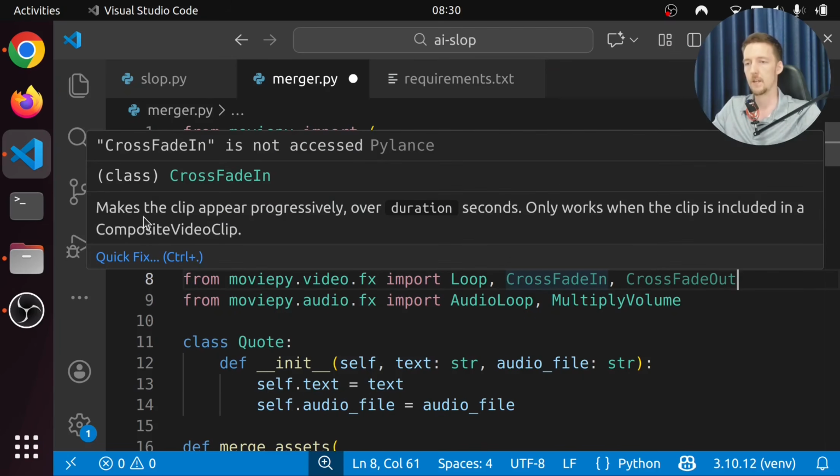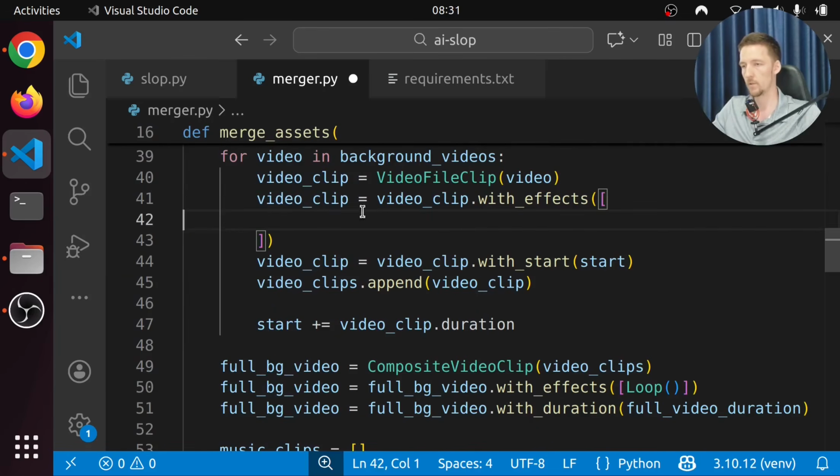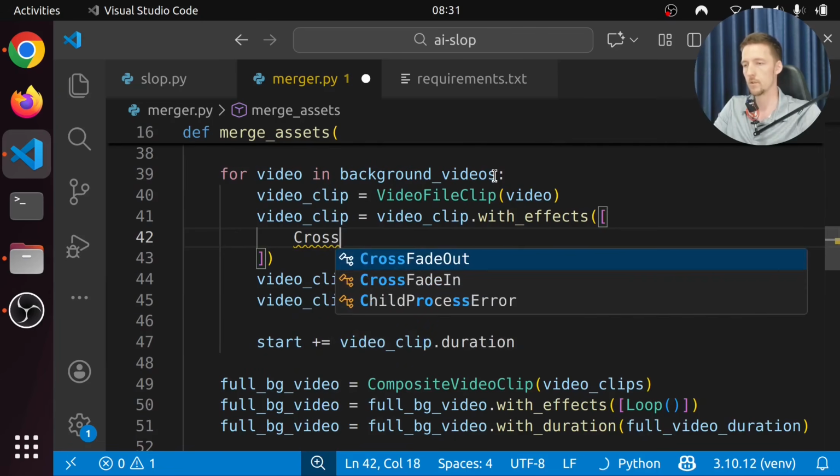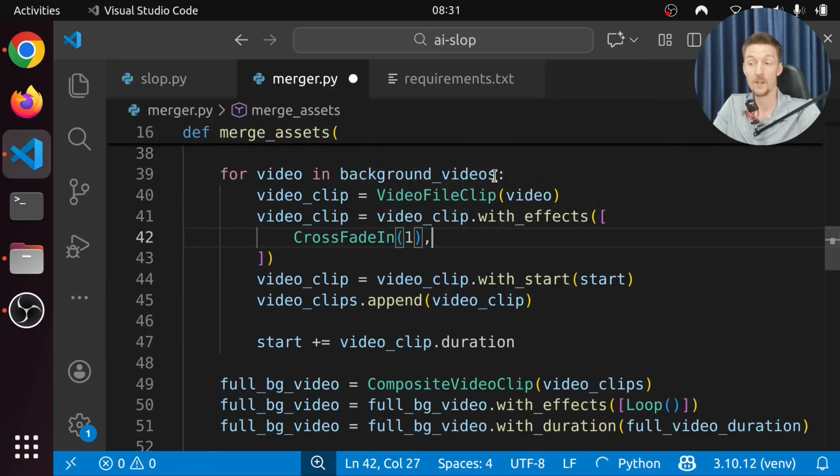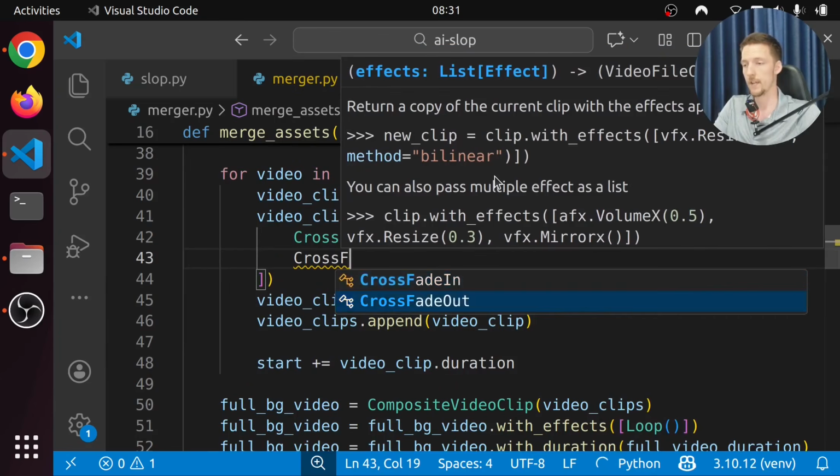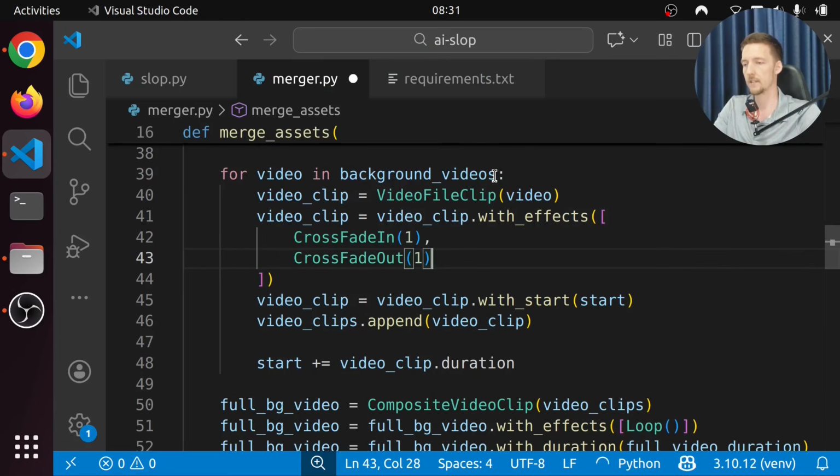And this basically makes the clip appear progressively over duration seconds. Only works when the clip is included in a composite video clip. So what we can do is we can say crossfade in, let's say like 1 second, and crossfade out 1 second. And since we add it to a composite video clip, then it's gonna fade between them nicely.